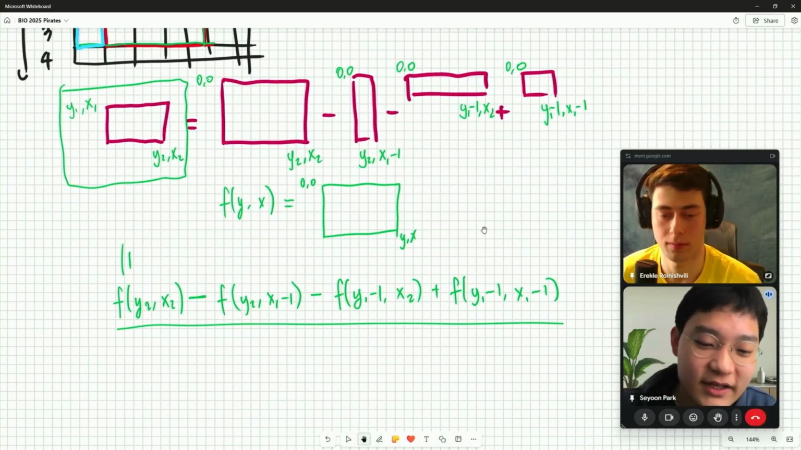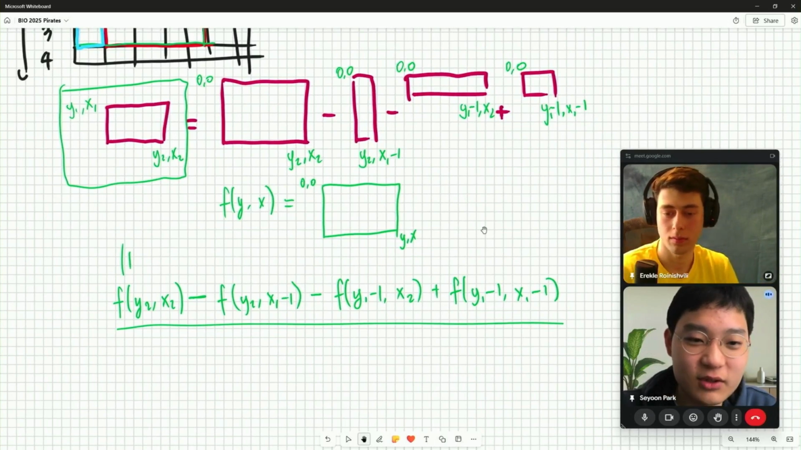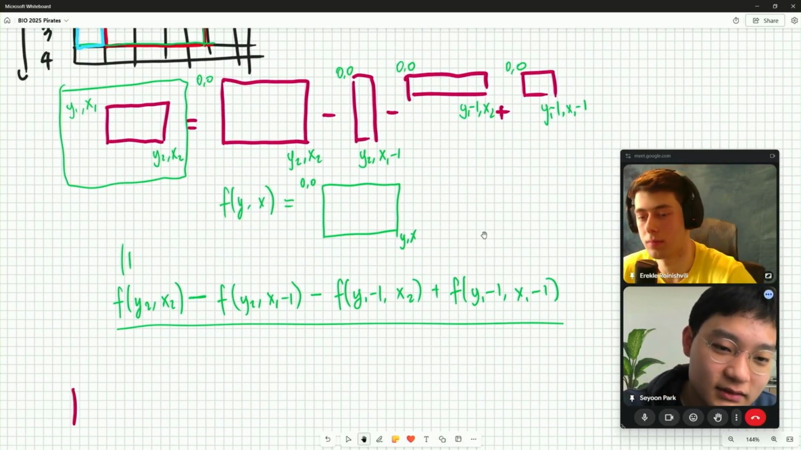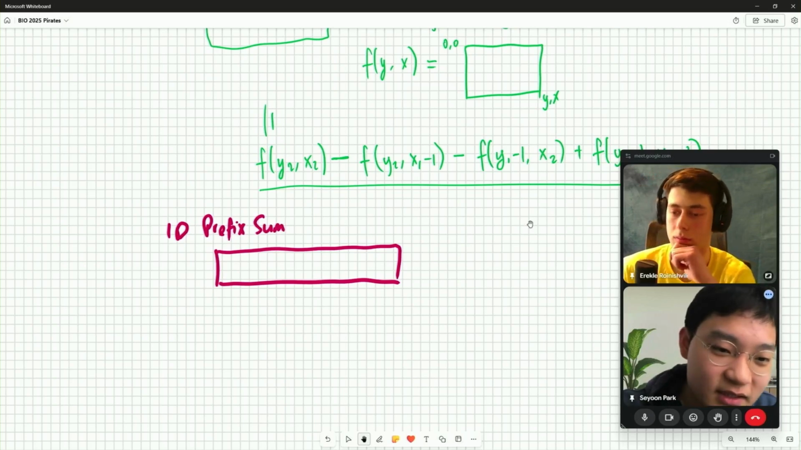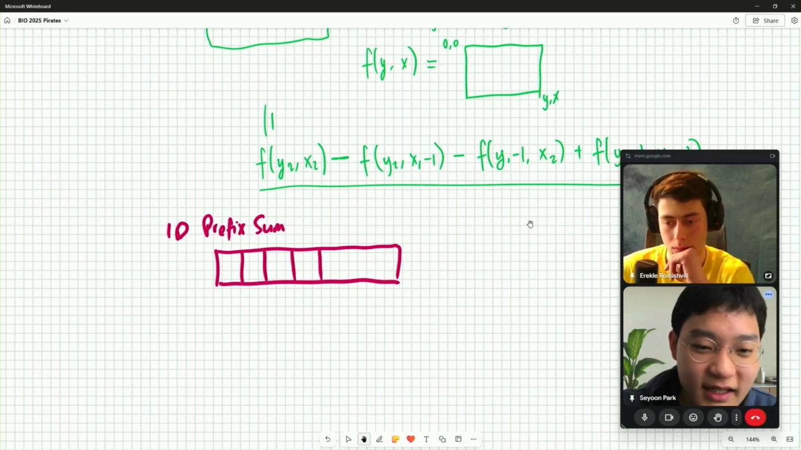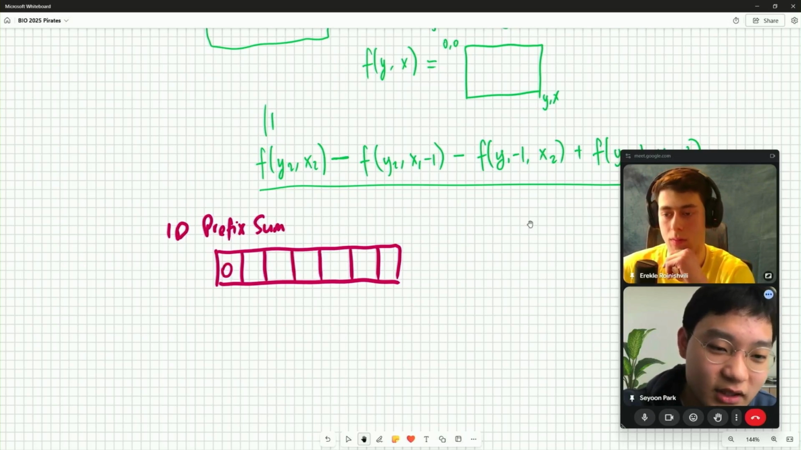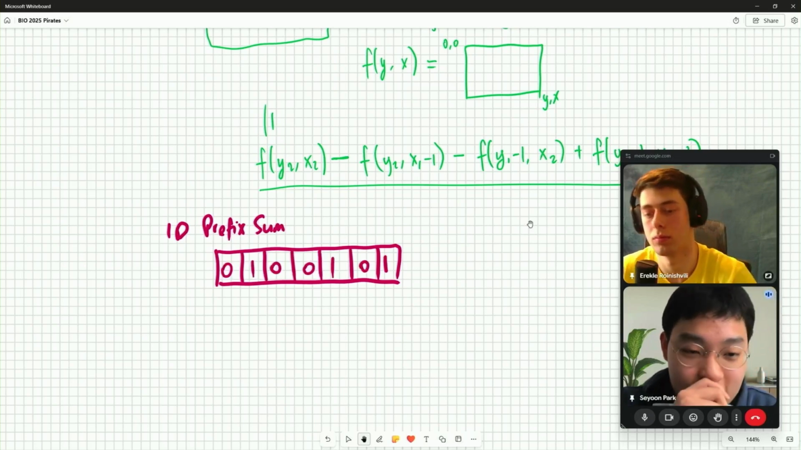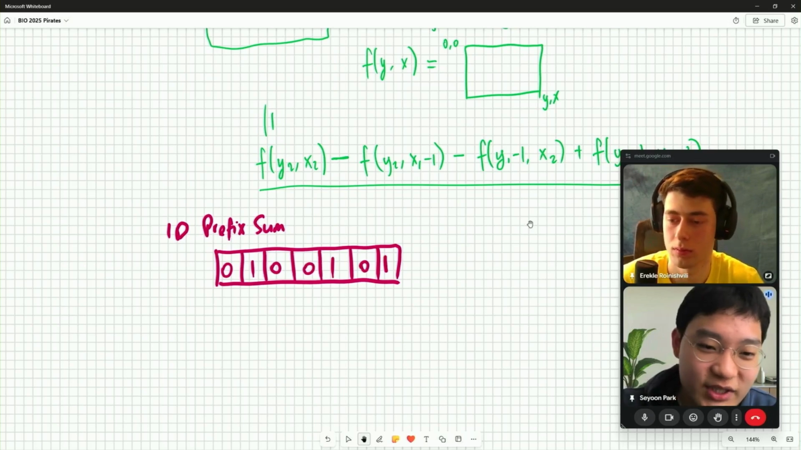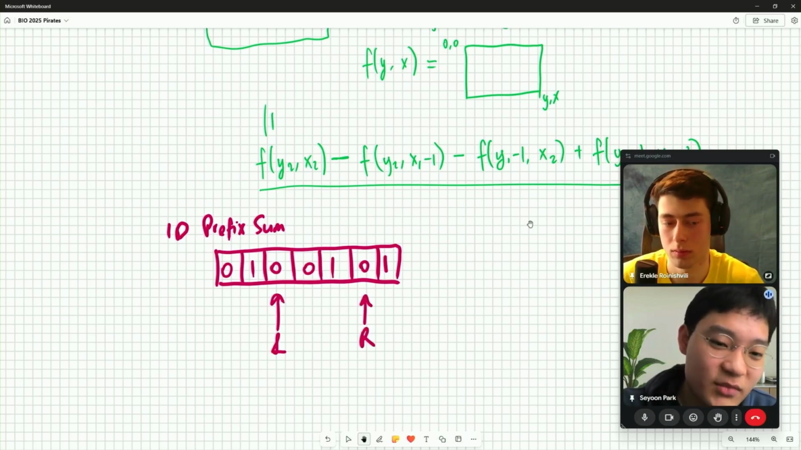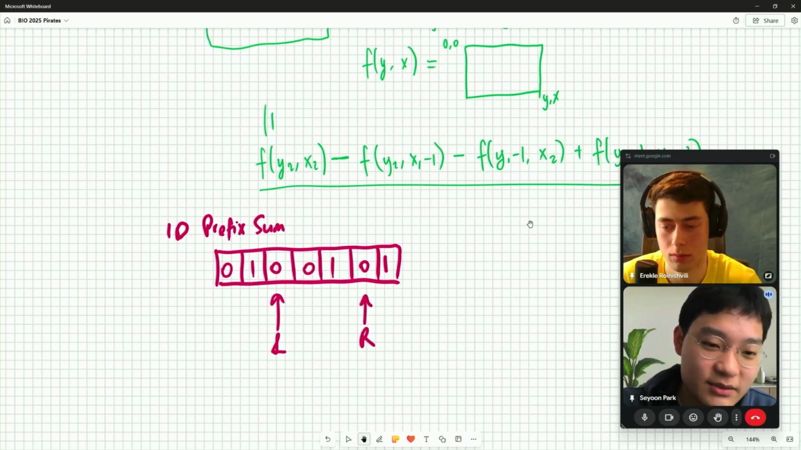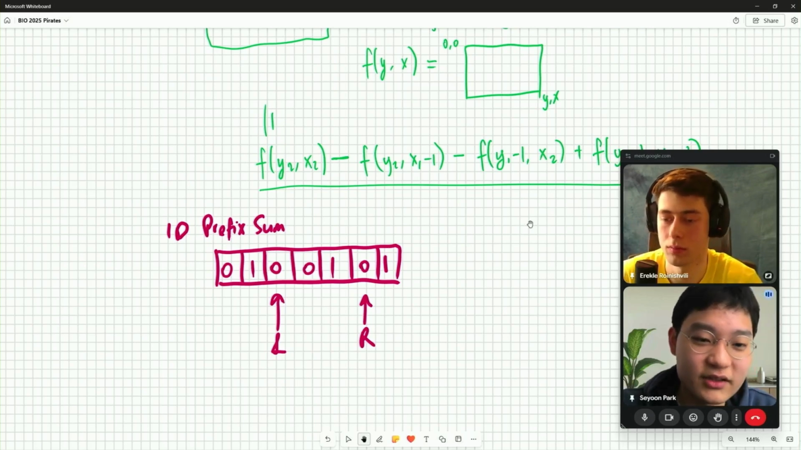To do that, we can think about a 1D version of the problem. This is 1D prefix sum. If you have a 1D binary array, so each element is 0 or 1, and you're given two integers L and R, and you have to figure out the sum of the integers within this boundary, and you want to do this efficiently,